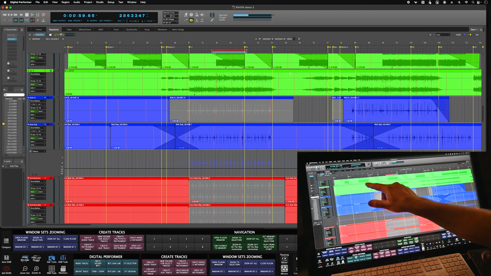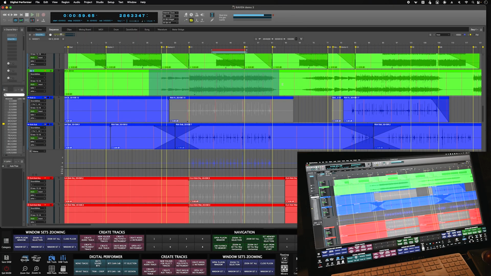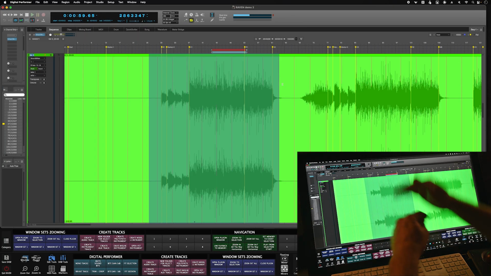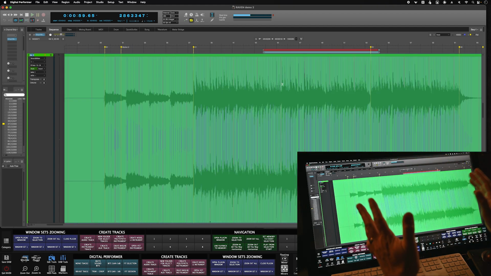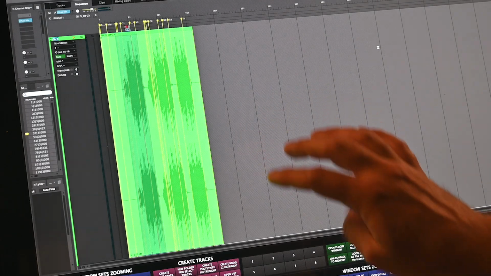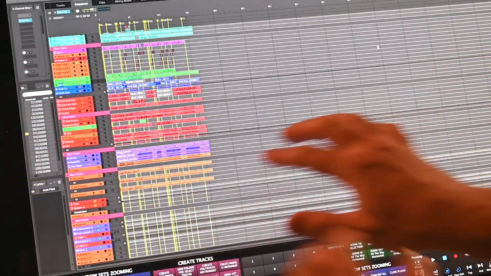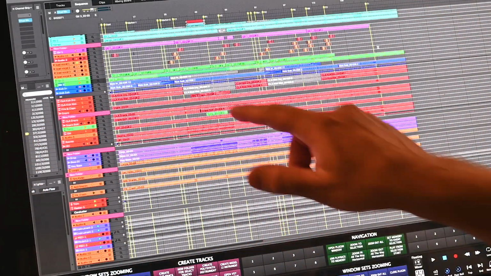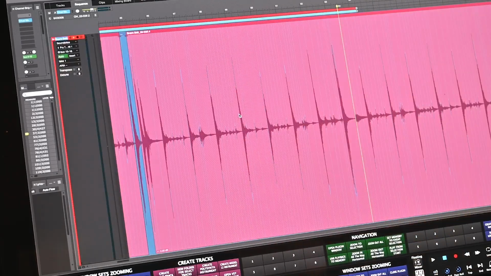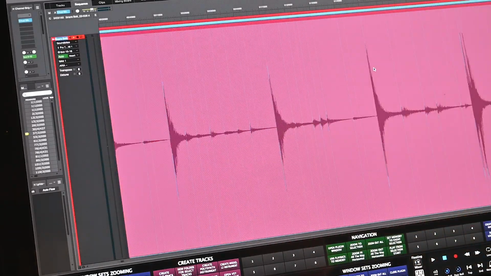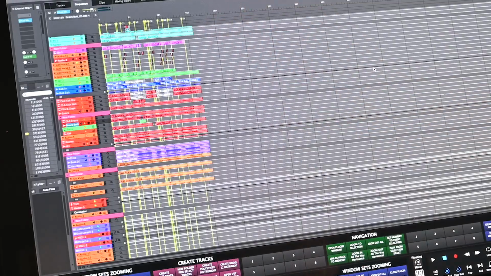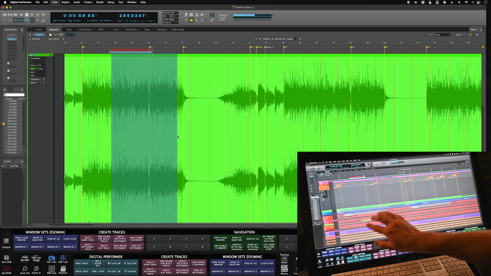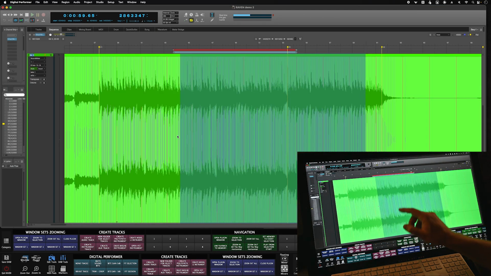Now some 4-finger gestures, make a selection, and a 4-finger down will fit the track vertically. 4 right will fit it horizontally. 4 left and up, you see fits the entire session. So you make a quick selection, 4 down, 4 right, zoom in a little more, fit your whole session with 4 left and up. So I'll make a selection here, 4 down, 4 right, and let's do some